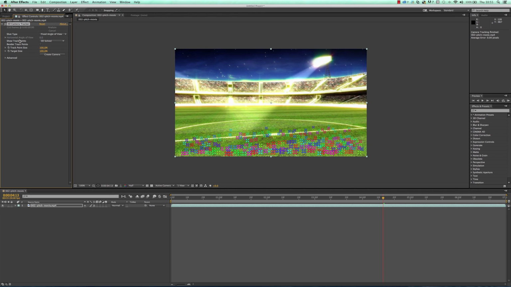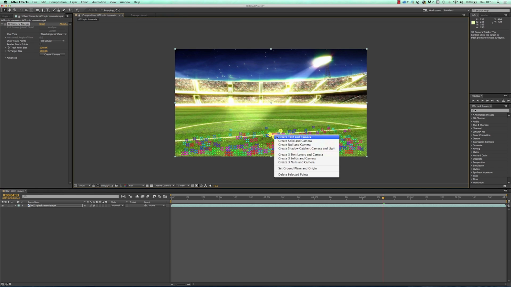And then when we have that, you'll see that it generates all of these tracking points that we can then utilize. So the ones that I'm interested in, in the movie that I had, I land the cup, or appear to land the cup, bang on the center circle, so just here. So you can move around and just choose ones that appear to be where you want them. And then I'm going to choose two different things. If you then right click on your mouse, you can have access to these menus. And the first one that I'm going to choose is Set Ground Plane and Origin. And basically how Cinema 4D will use that is it will say, right, that's the center of the Cinema 4D scene that you're going to generate.